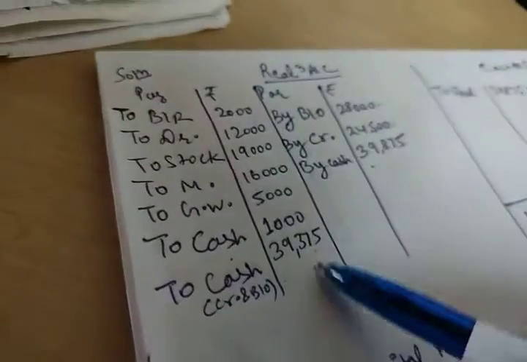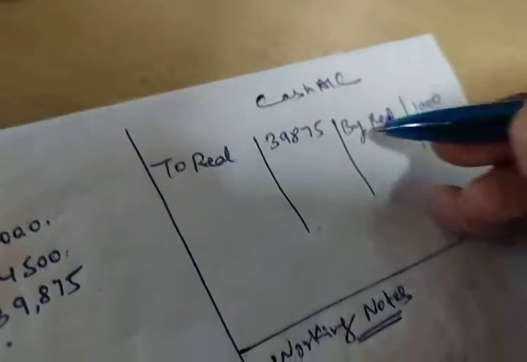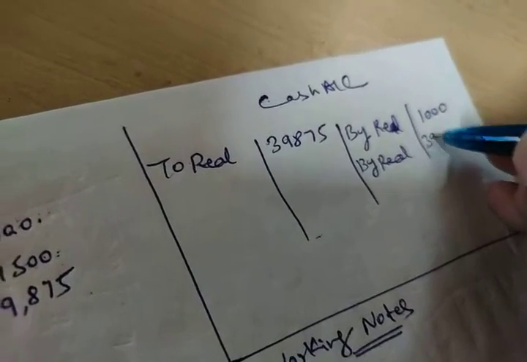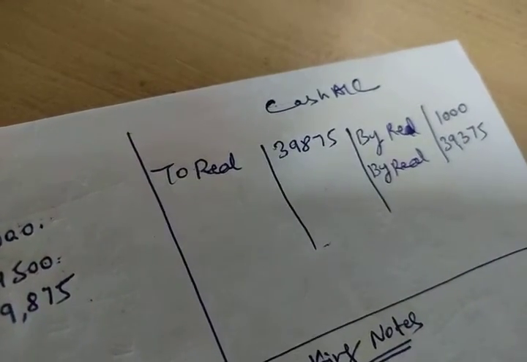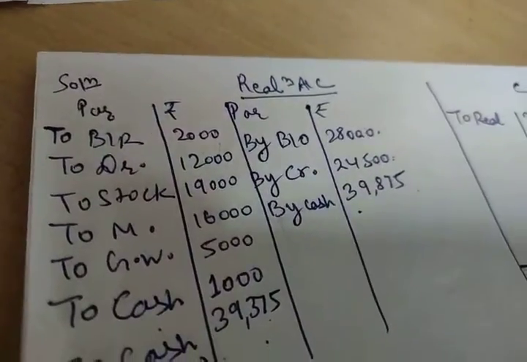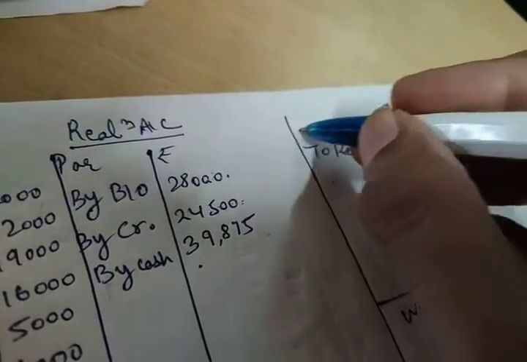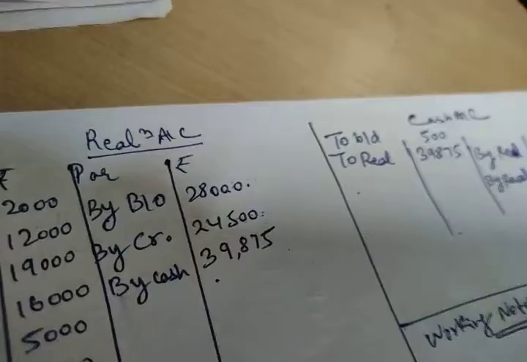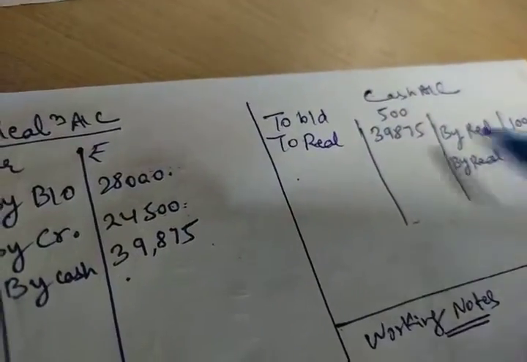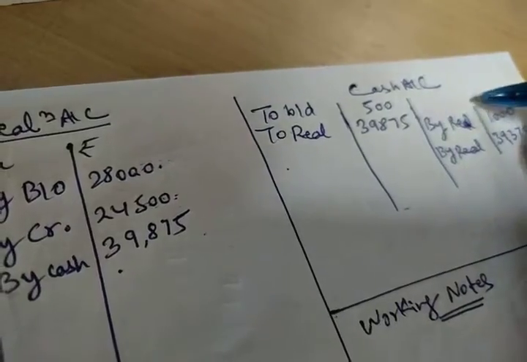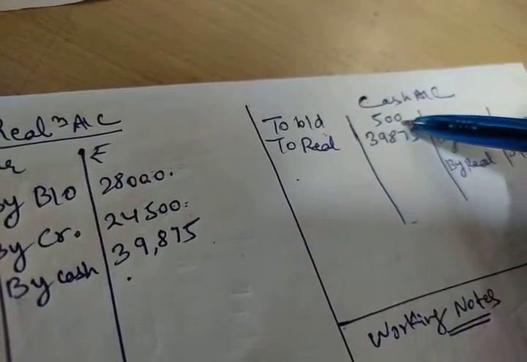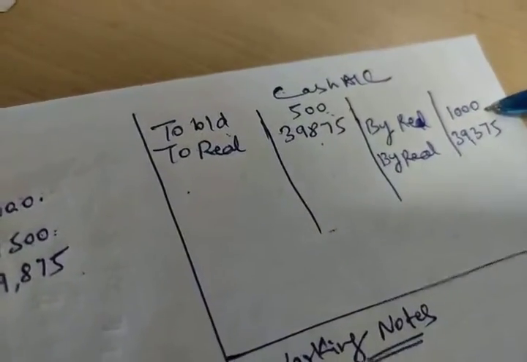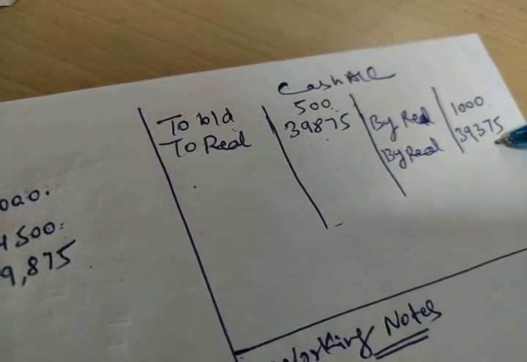Fine. So if we have made the payment, again I have to do the counter entry in the cash account. So do the entry by realization, that was your payment of creditors and bank overdraft, 39,375. Fine. Now in the cash account, sorry, earlier I was supposed to do the entry from the balance sheet. The balance brought down also we need to post. So 500 was your amount of cash in the balance sheet. So balance brought down 500. Assets got realized for 39,875. We paid the realization expense 1,000 rupees and we made the payment to creditors and bank overdraft 39,375.